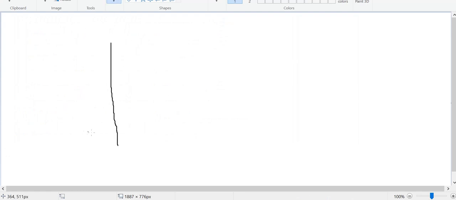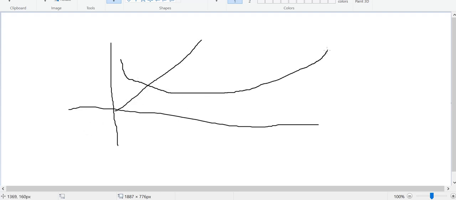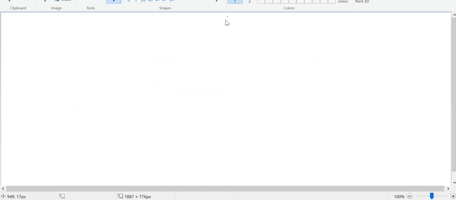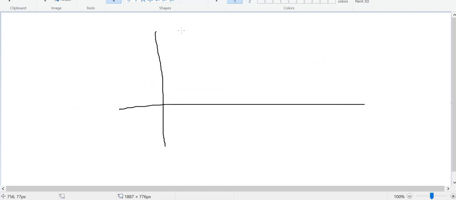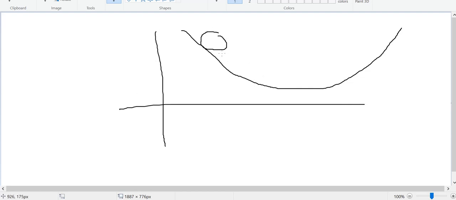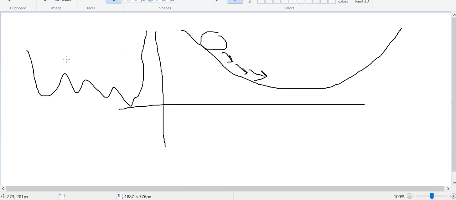So if I take the brush, in the two-dimensional case, you had a plane and then a figure in space and all that stuff, right? But in the one-dimensional case, there is nothing of this sort. In the one-dimensional case, you will have something like this for a simple case, and the ball would just be going down like this. And as the functions become more complex, maybe the function is this, and then you might want to reach this point, and so on. So this is what happens in the one-dimensional case.